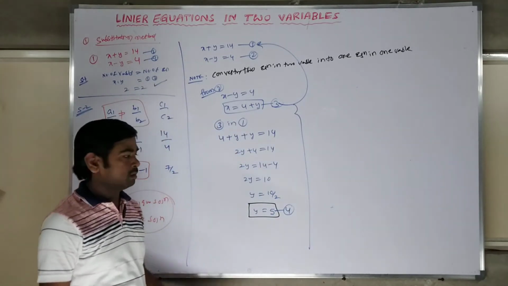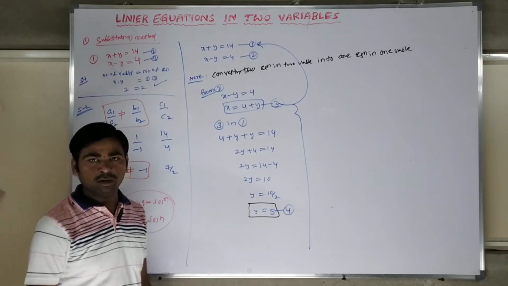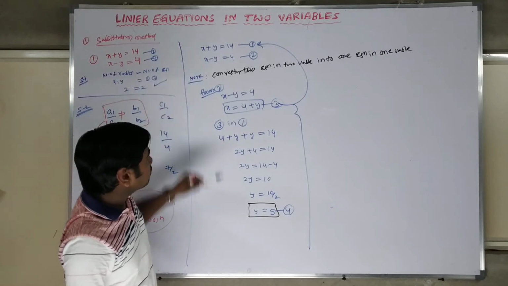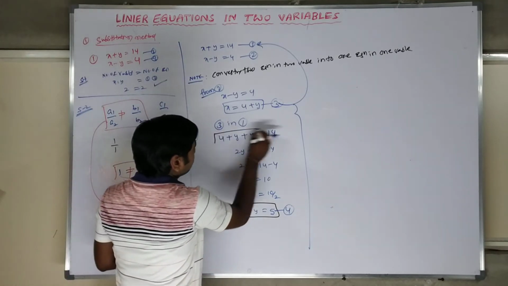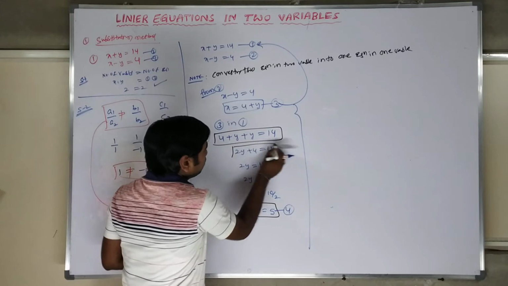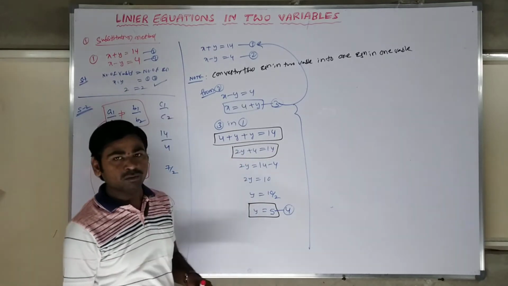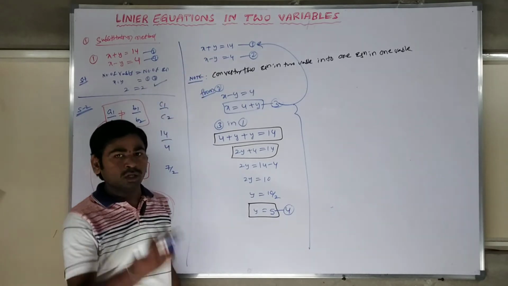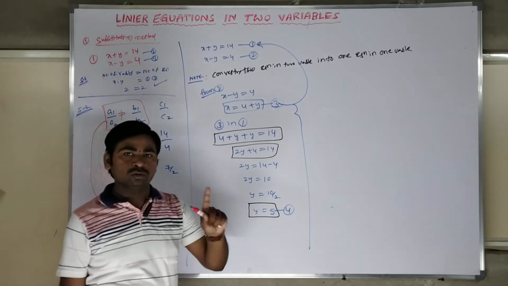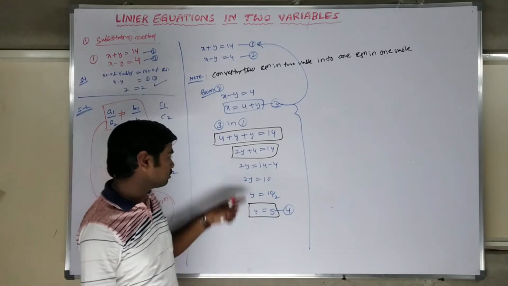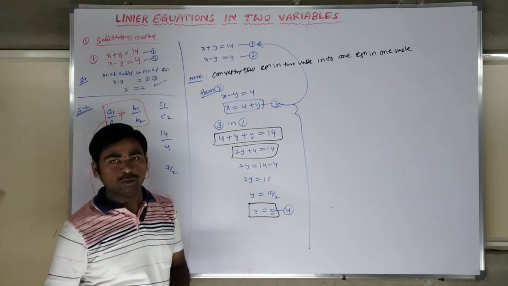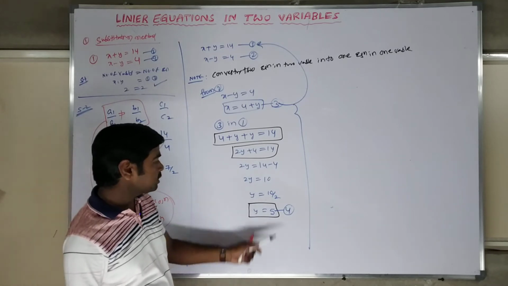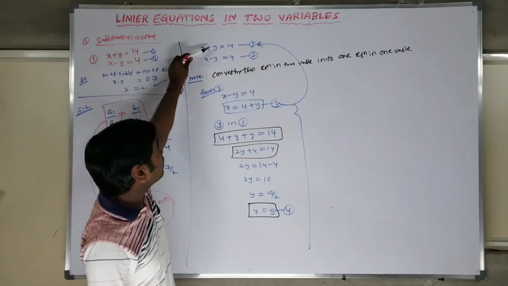After getting the answer, either x or y, what are we doing? We are converting two equations, two variables, into one equation, one variable. It means in terms of one equation we have only one variable. So instead of x we are substituting y. So the total equation becomes in terms of y. So single equation in single variable we are solving. So after finding the y value, we should find the x value. When finding the x value, y is equal to 5. We can substitute in either 1 or 2.